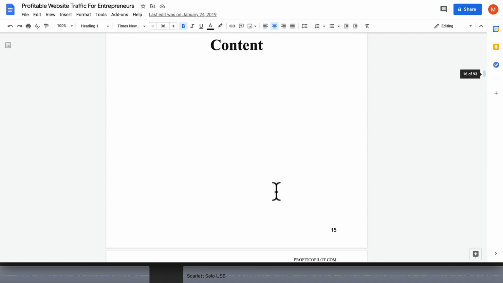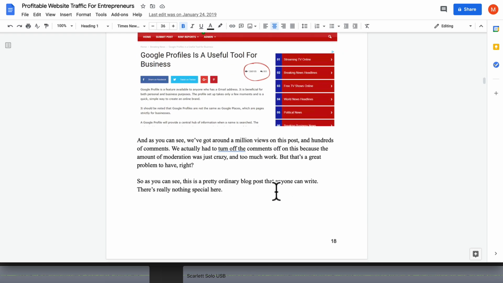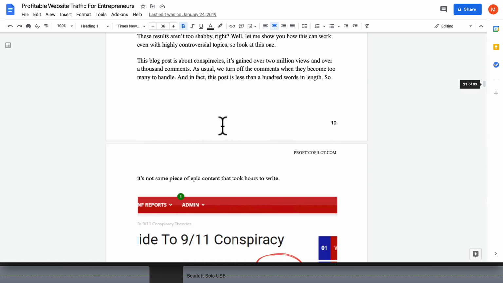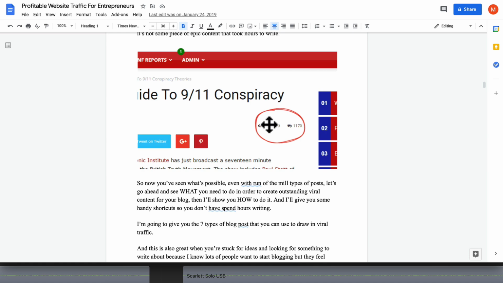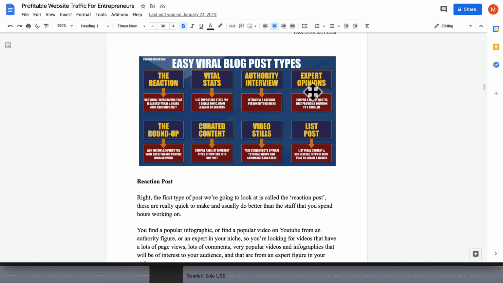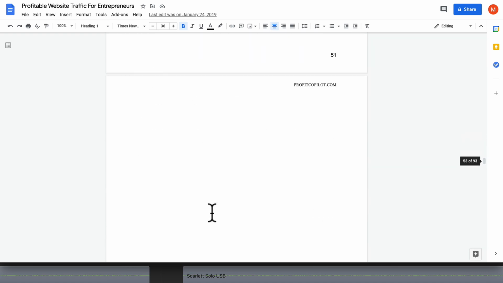There's quite a few pages here, but I do include images every now and then. And there you can see how I drove over 1 million views, 1 million visitors to one of my websites there. So you can see there that I drove 2 million to another site, and there I map out structures for blog posts, all kinds of stuff. But let me scroll right down to the bottom.